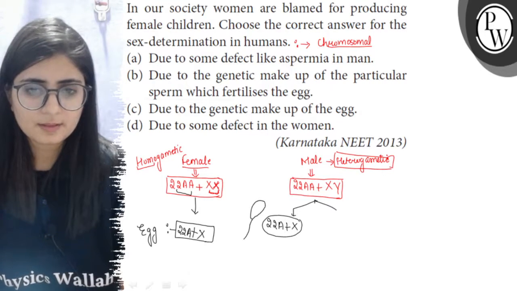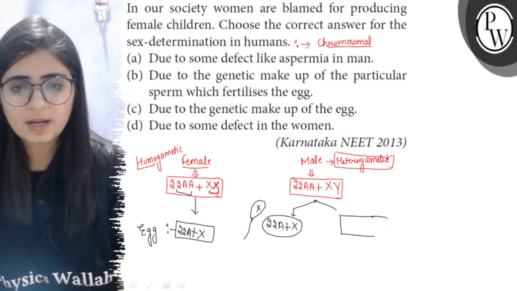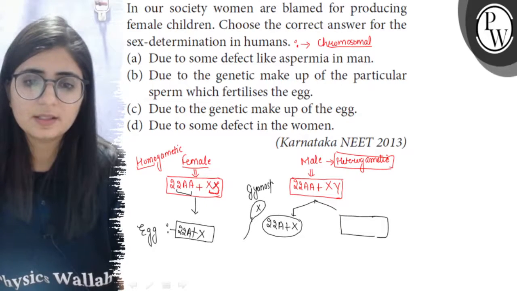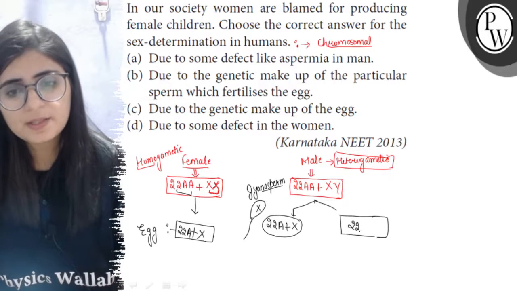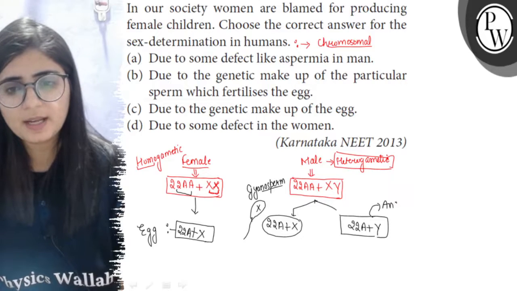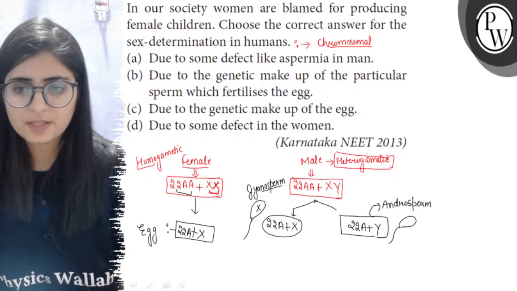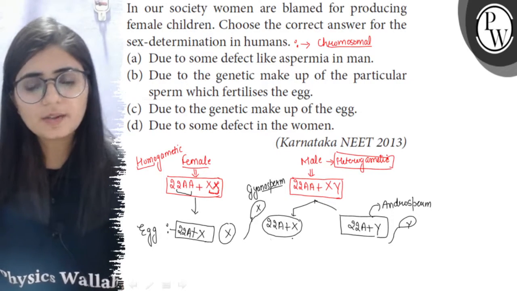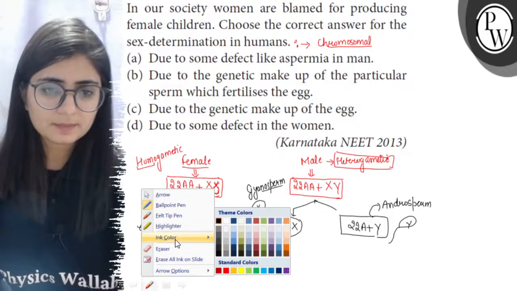So we can draw it like X. Now such sperms are called the gynosperms. The sperms which are having the X chromosome are called the gynosperms, while 50% of sperms will be having the Y chromosome, and such sperms are called the androsperms. So this sperm is with Y and the egg is having X. Now there are equal chances of fusion of the egg